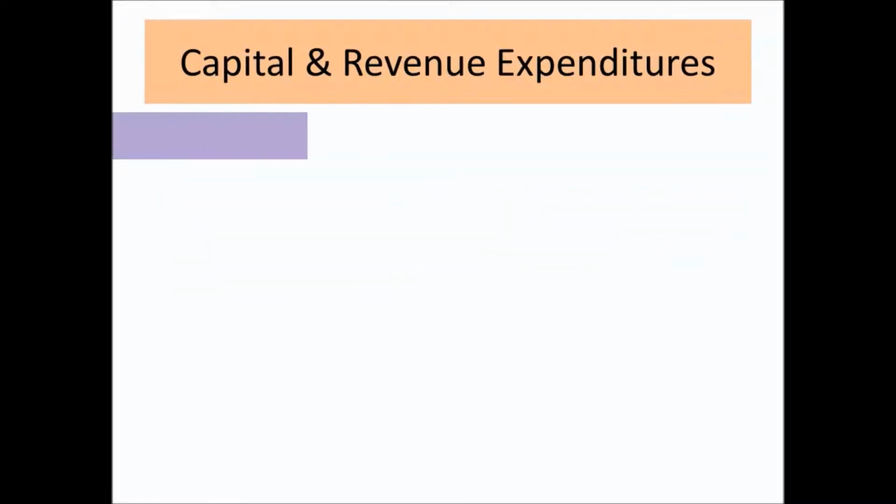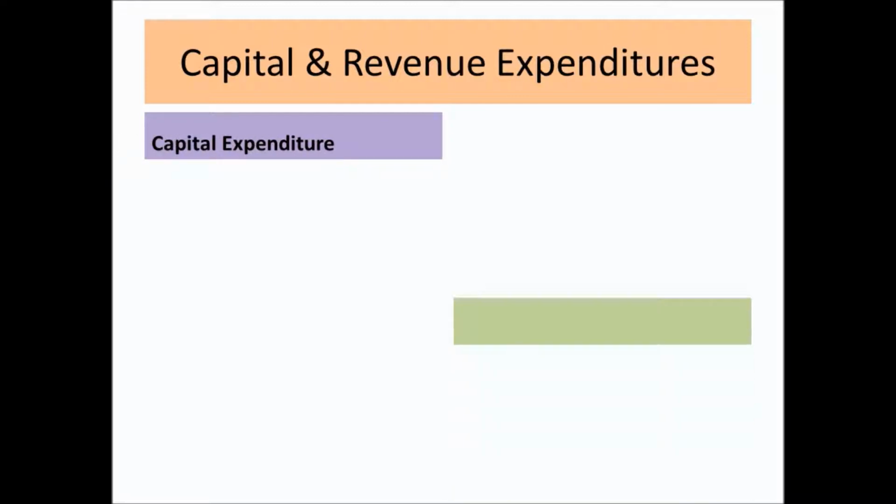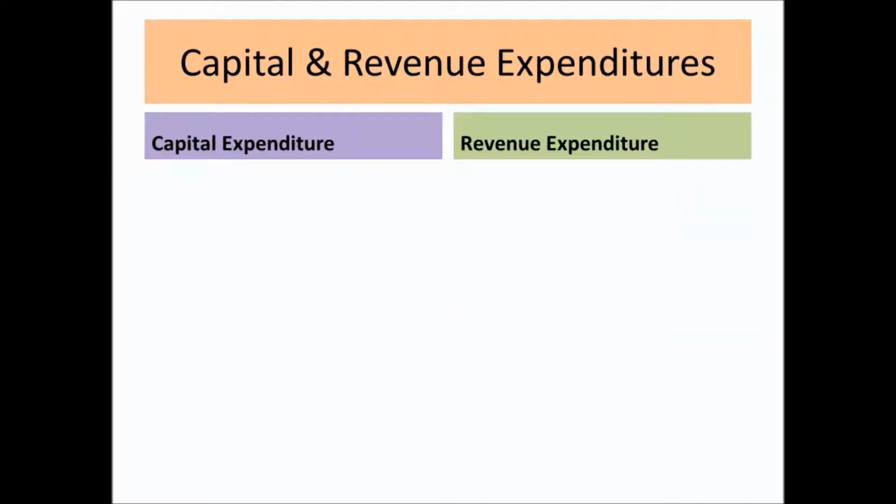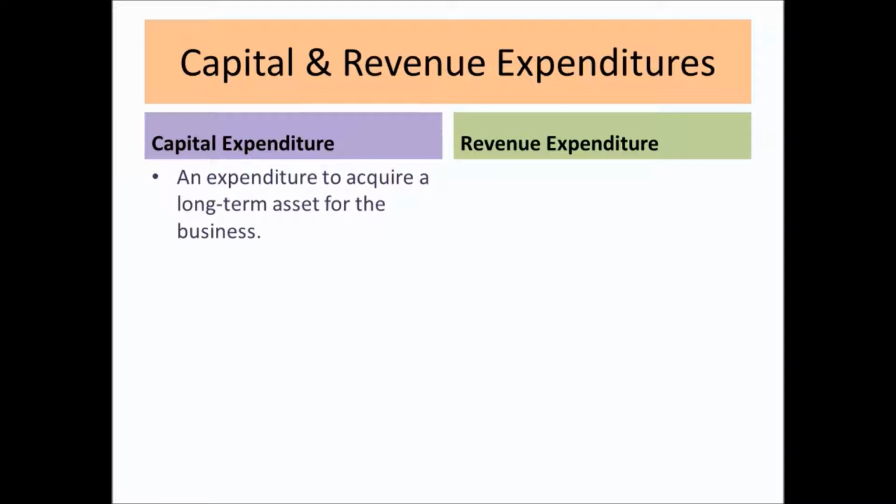Let us now go to capital and revenue expenditures. Capital expenditures are expenditures to acquire long-term assets for the business. The cost of expenditure to acquire capital assets forms part of the cost of the asset. So it will be capitalized and is called a capital asset, and it will form part of the balance sheet